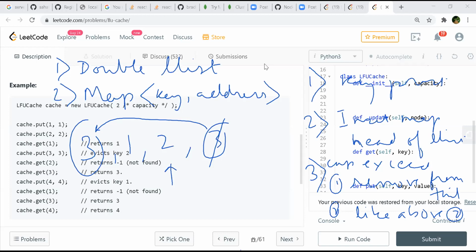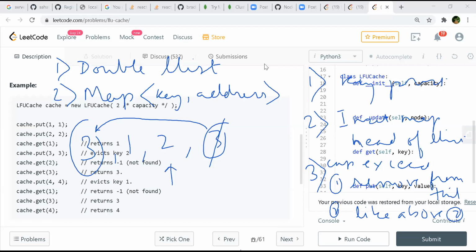Yeah, there's that thing also. If the frequency is the same, then we have to use the least recent one. That is a critical part. It is also maintained according to the linked list, right? Because even if two elements have the same frequency, both will be at the end, and the one which was least frequently used will be at the end, because after that something else was fetched with the same frequency. So anyway, we'll get the one with the least frequency and least used. Yeah, looks good.